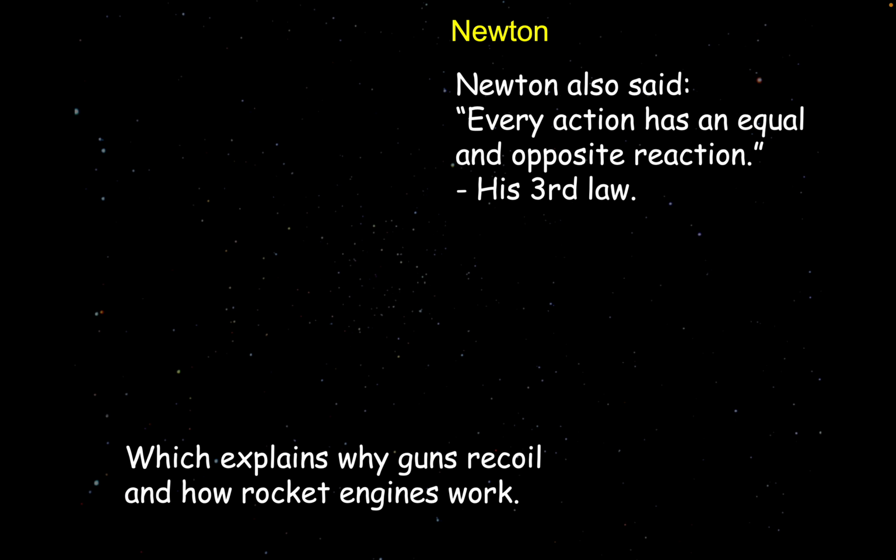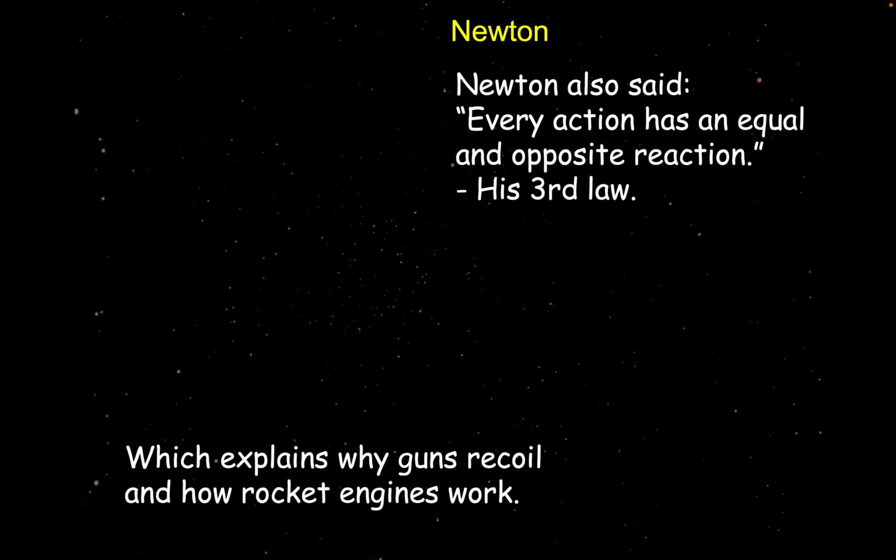Now the ball moves off with greater velocity because it's less massive, and that explains exactly why guns recoil and how rocket engines work. So you've got to send some mass in rockets out of the engines at the back, which makes the rocket propel itself forwards,